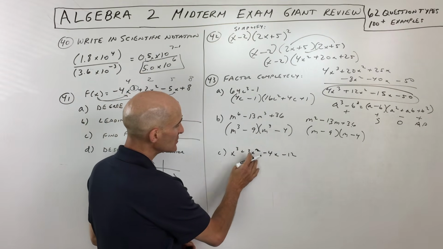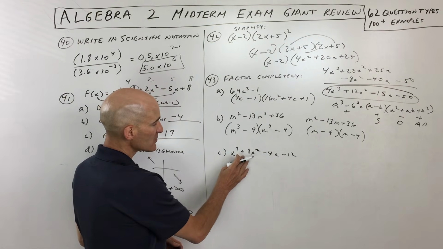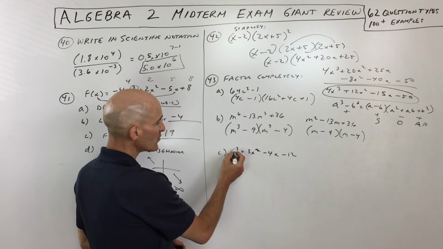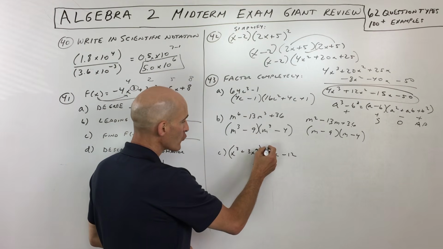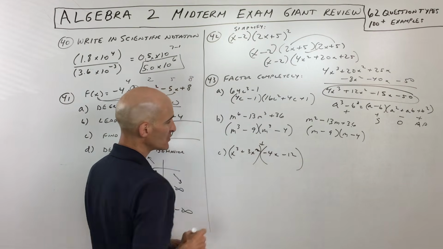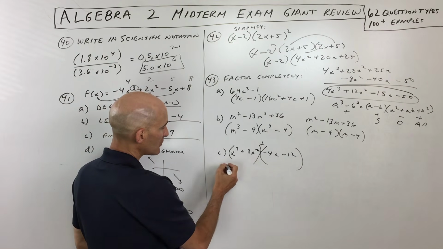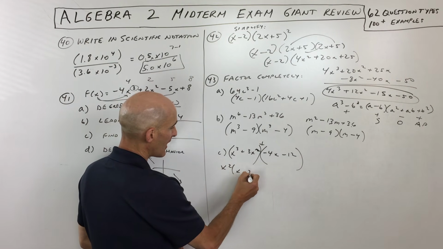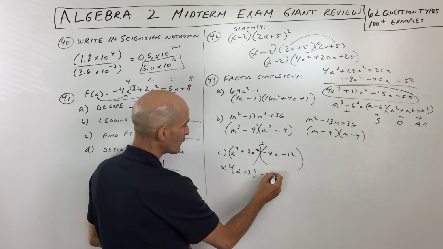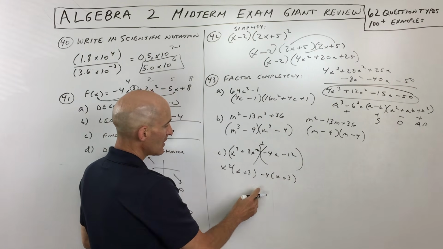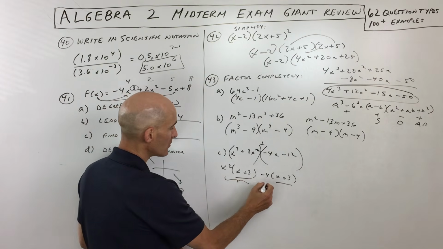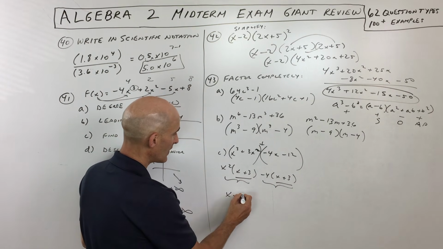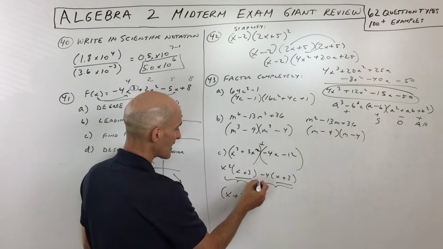Now this one, you see how there's 4 terms? The terms are separated by plus or minus. When you have 4 terms, what you do is you think about grouping, factoring by grouping. Okay, now there's a plus sign in between these. So then what you do is you factor out the x squared. That's the greatest common factor. Same thing here, you factor out the negative 4. That's the greatest common factor. But notice how we have an x plus 3 in common. If we factor that out of this group and out of this group, right, what are we left with? We're left with x squared minus 4.